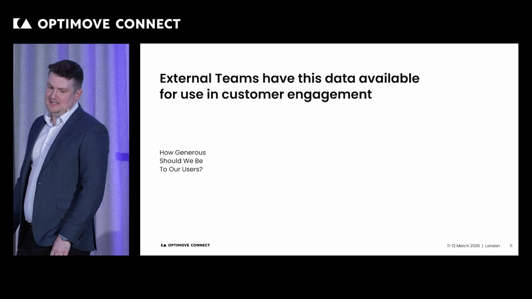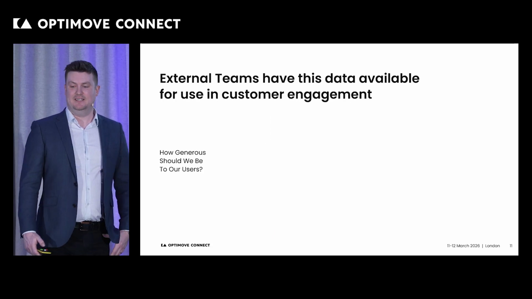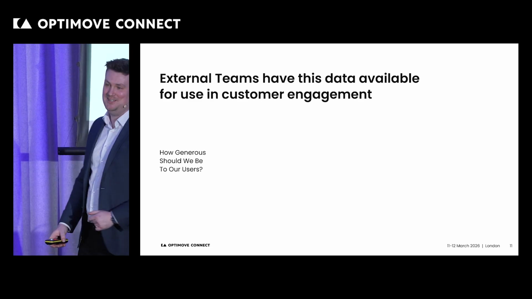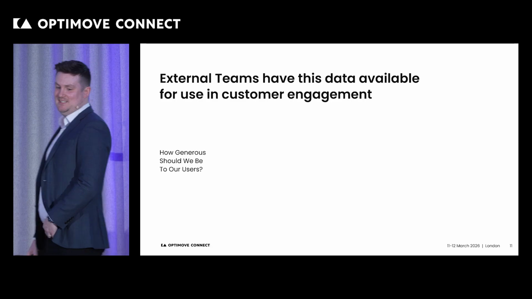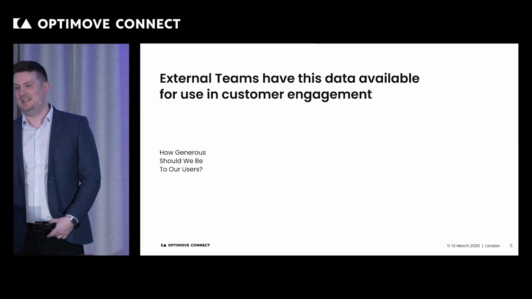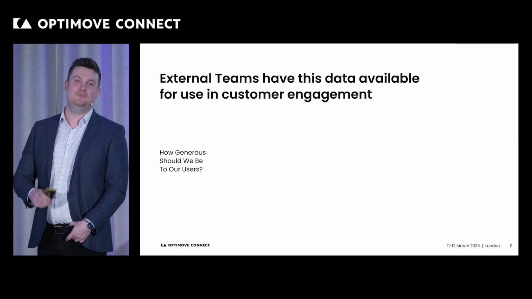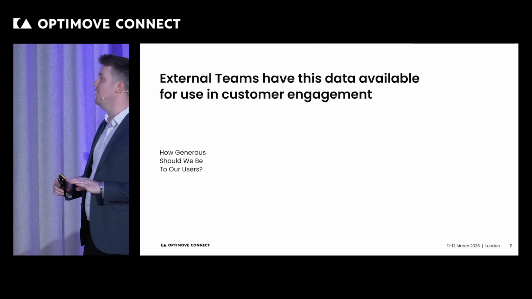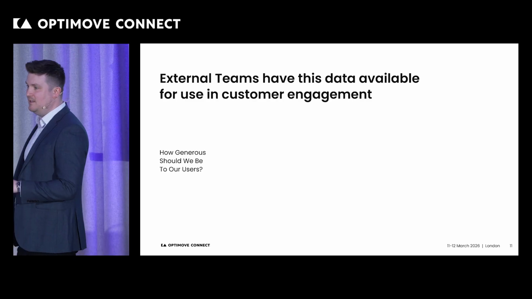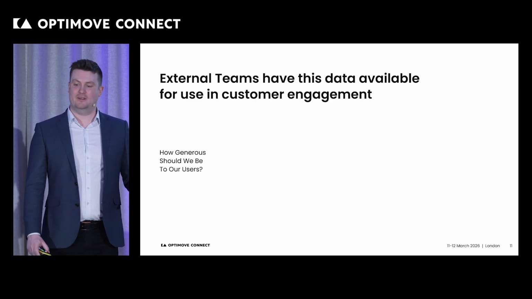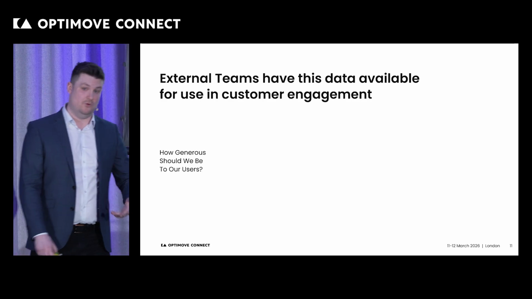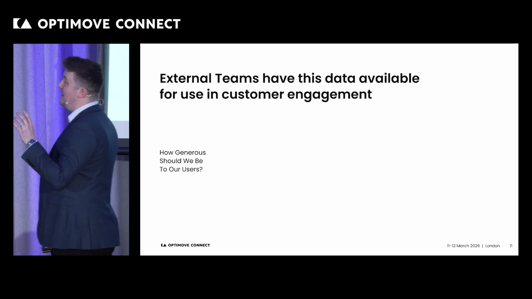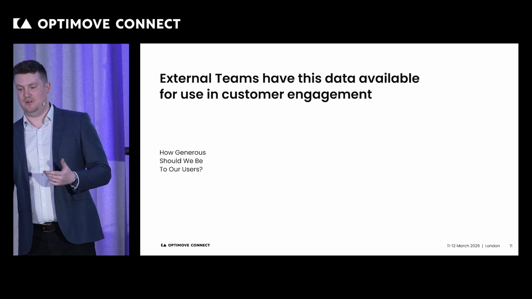And now we arrive at one of the most valuable use cases for data share, in my opinion. The team who are doing this are not in a room, so I feel like I can tell you as much as you want to know, which is what if we can use the advanced decisioning information within Optimove to make changes and power our product. We produce a ton of information about our customers, where they are in the customer journey, their favorite products, average order amounts, their propensity to perform certain actions. What if we could use that to help and inform and then shape the user experience at the front end?